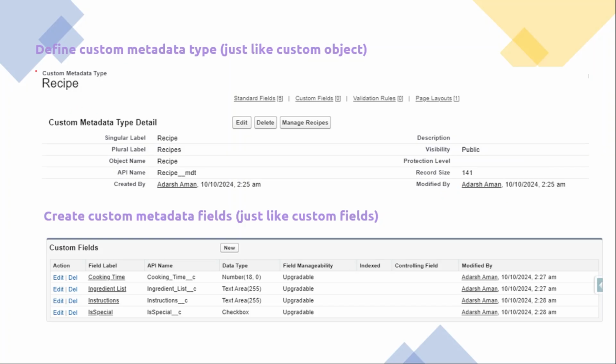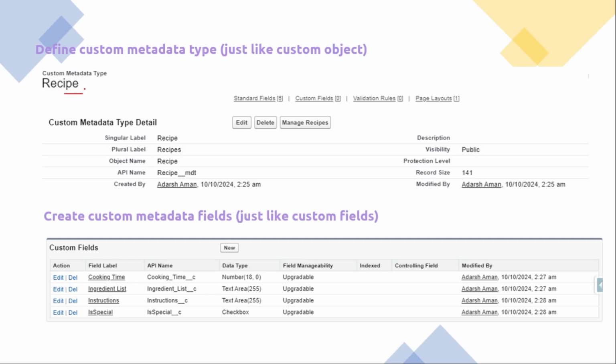So we are going to create all the custom metadata in Salesforce, but here just try to understand how it is similar to a custom object. So first we are creating a custom metadata type where we name the type Recipe, right? Because we understood the restaurant example, so we are building the same thing in Salesforce, and I'll also give you the end-to-end experience of how this can be used by the actual chef and the restaurant owner, and how this will be helpful. Here, see, we created a Recipe